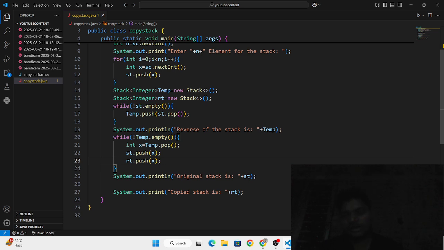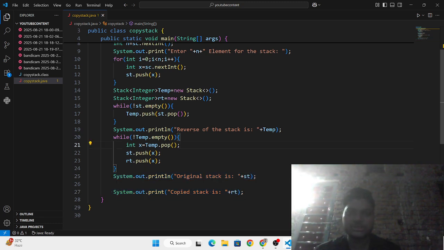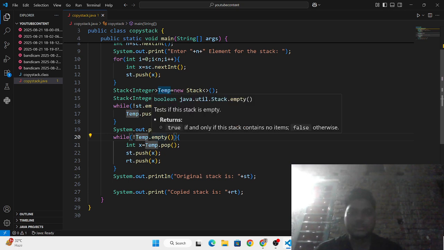And in this I'm just displaying it. Here I am writing pop, which means extracting an element from the last of the temp stack.